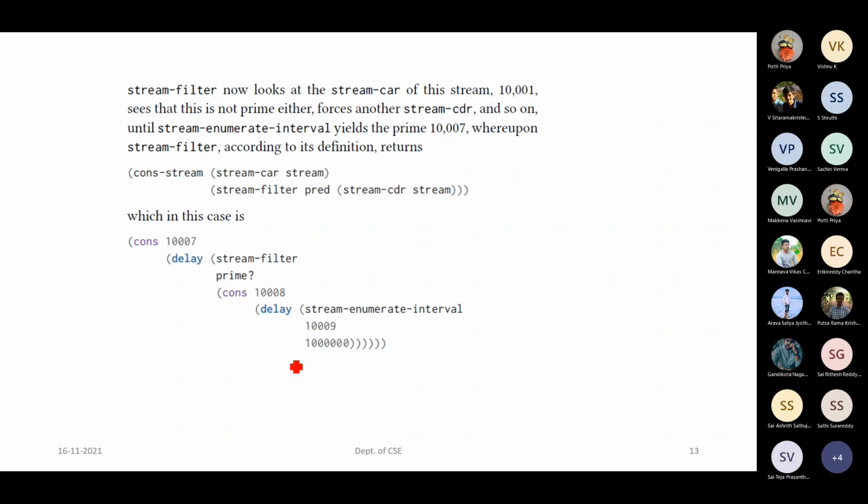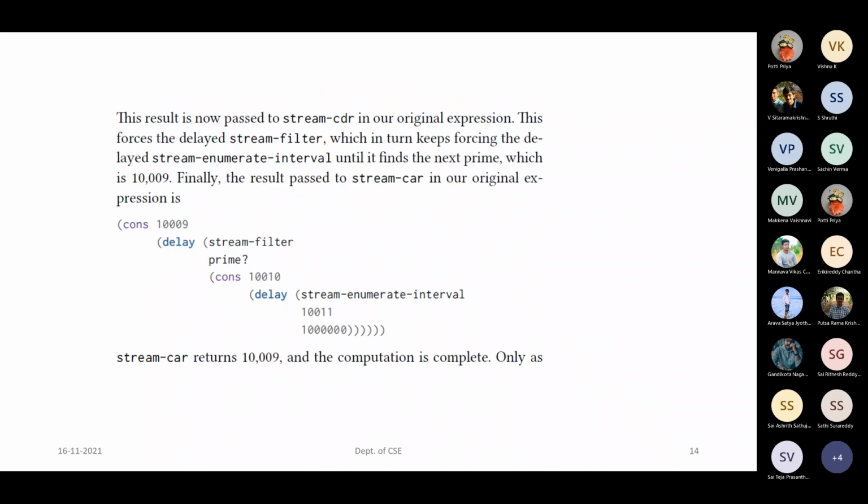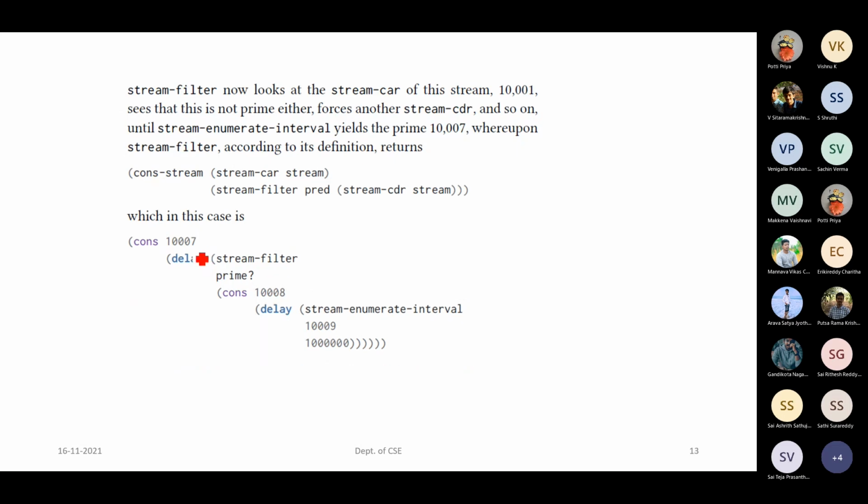Now if you have to pick the second value, we had mentioned stream CDR to be applied outside. When the stream CDR is applied outside, it applies some sort of force to remove that particular delay. This delay will be removed only when you apply the stream CDR.